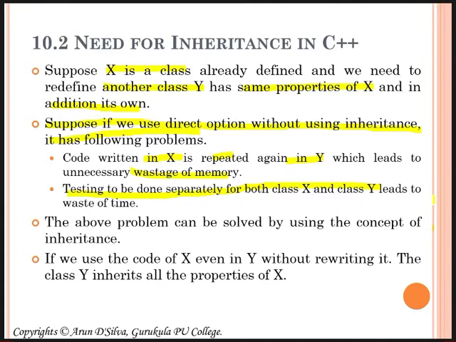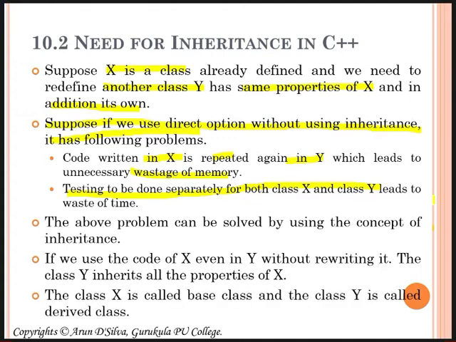Means, we use the code of X even in Y without rewriting it. Class Y inherits all the properties of X. Now here X is called the base class and Y is called the derived class.